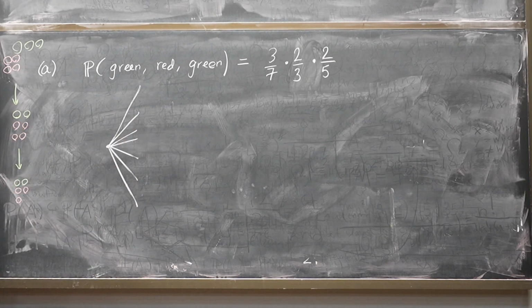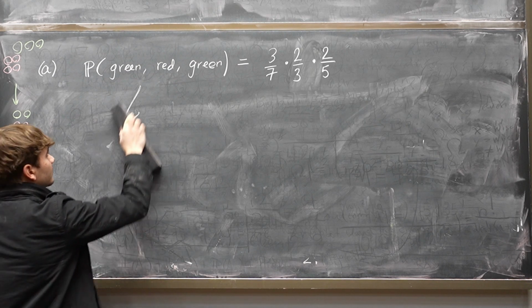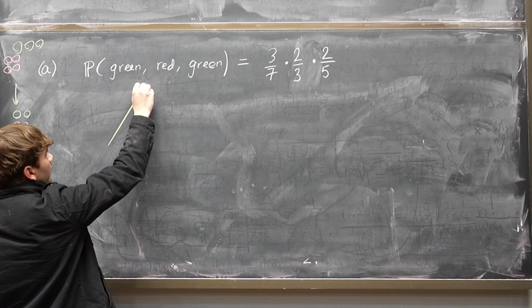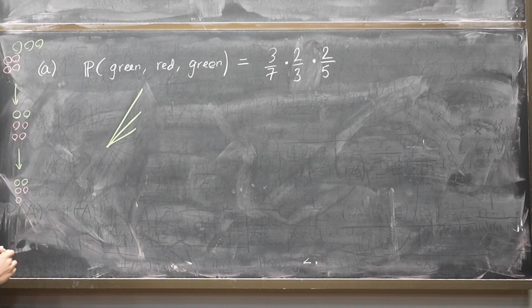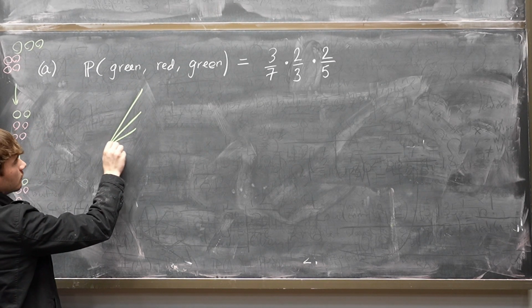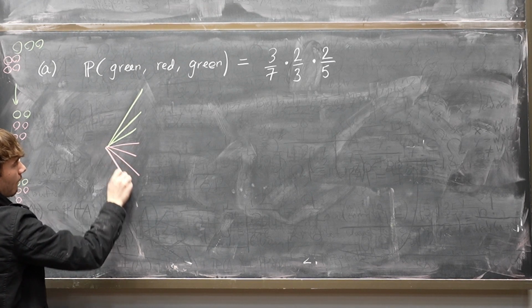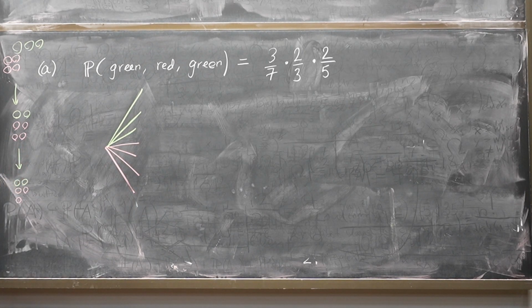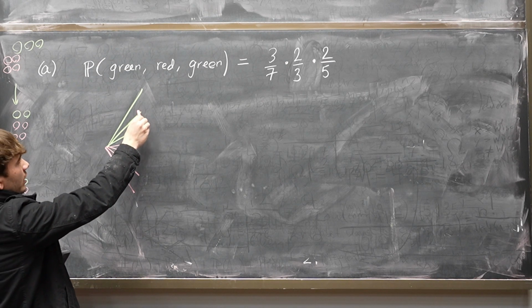Okay, so there's your 7 choices, and 3 of them are green, and 4 of them are red. Okay? Now, when I choose the next ball, I have 6 balls remaining, and so out of this branch, okay, so